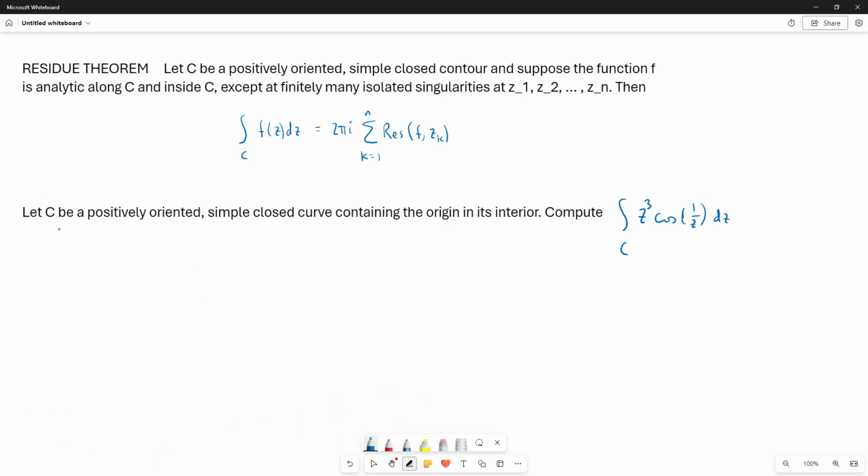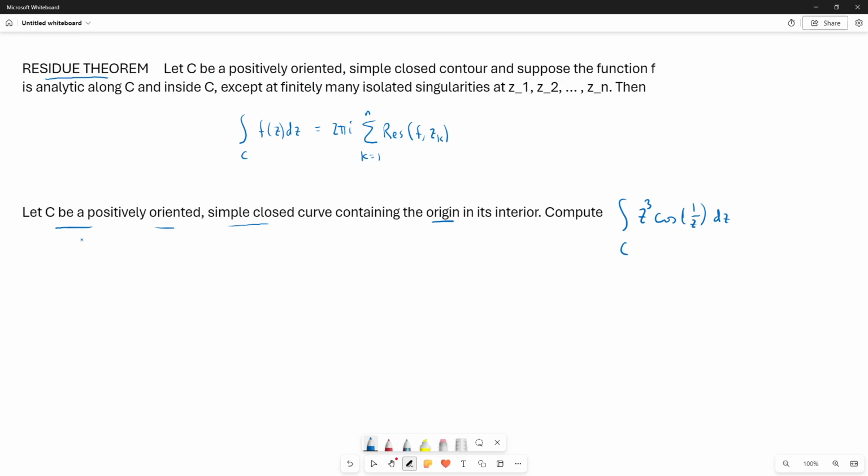Let C be a positively oriented, simple closed curve containing the origin in its interior, like, for example, maybe the unit circle. We would like to compute the contour integral along C of z cubed times the cosine of 1 over z dz. And to do this, we're going to use the residue theorem, which says that assuming that C is a